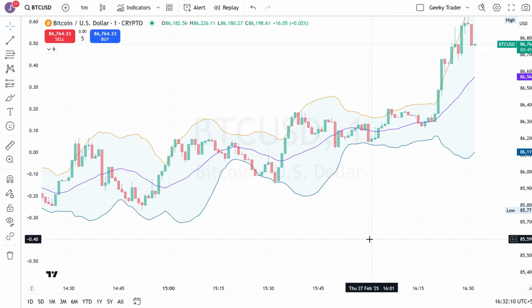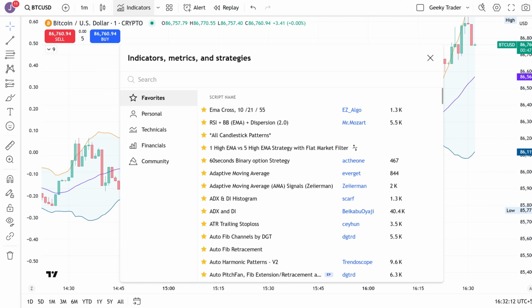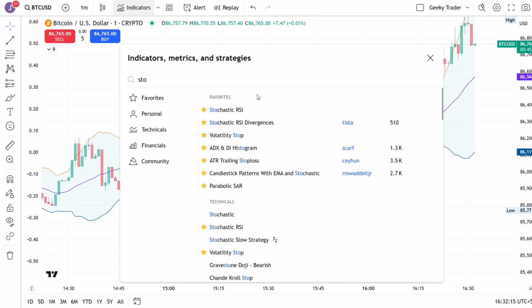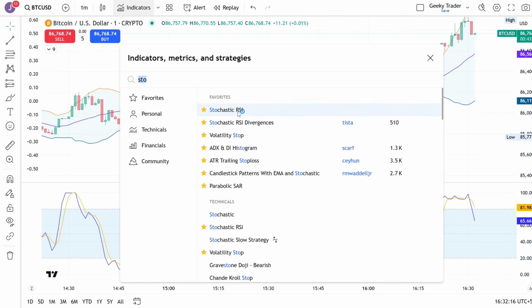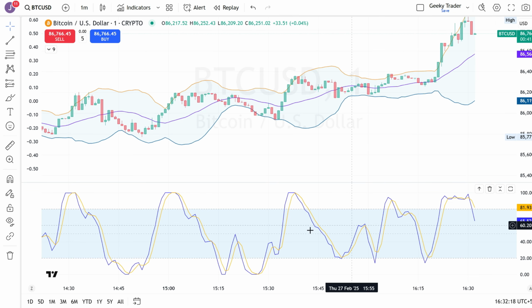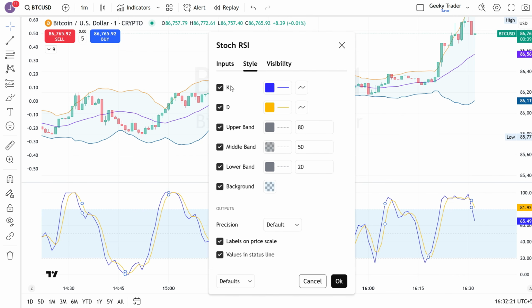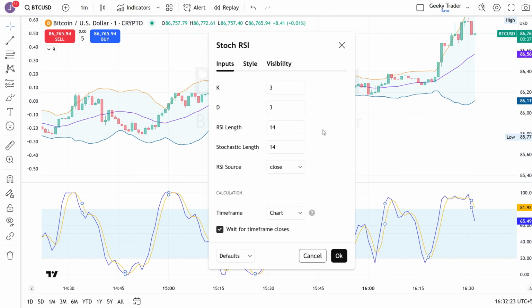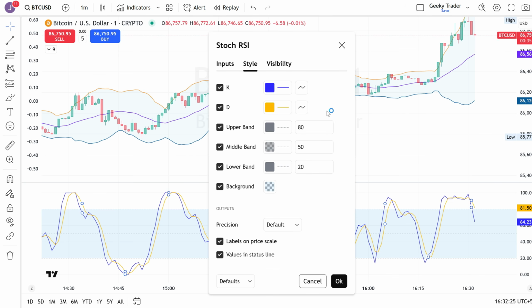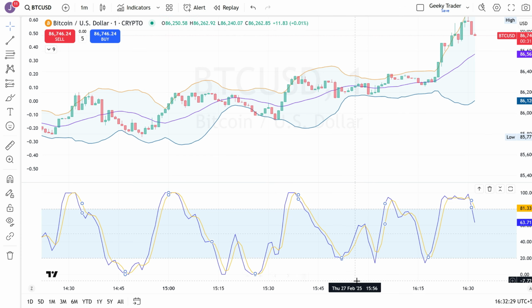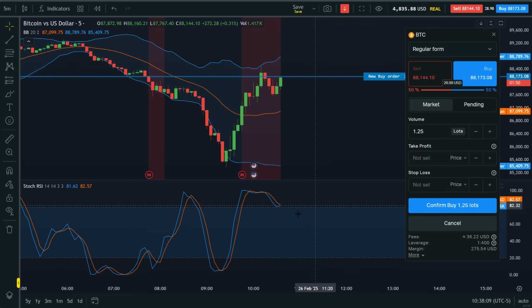If you're using TradingView, adding this indicator is super easy. Simply go to the Indicators section, type Stochastic RSI in the search bar, and select it from the list. Once it's added to your chart, just leave the settings as they are. No need to change anything. This indicator will help us spot potential trade entries by confirming whether the market is in an overbought or oversold zone. Now that we have both indicators set up, let's move on and see how we can use them together